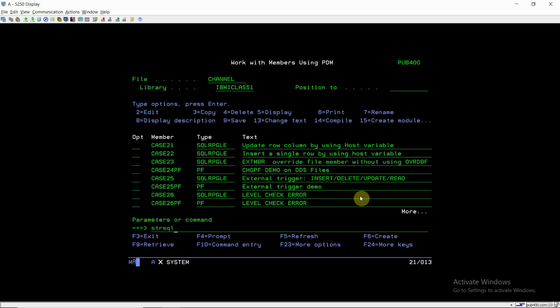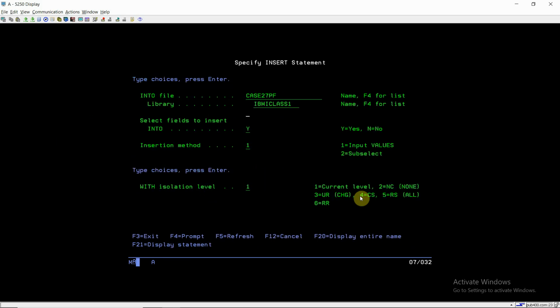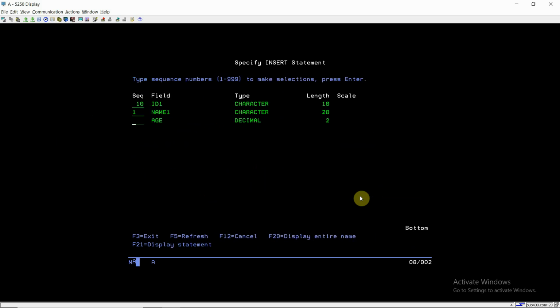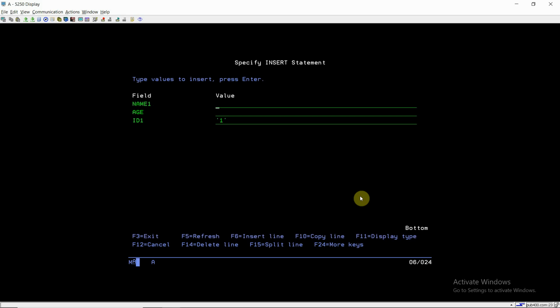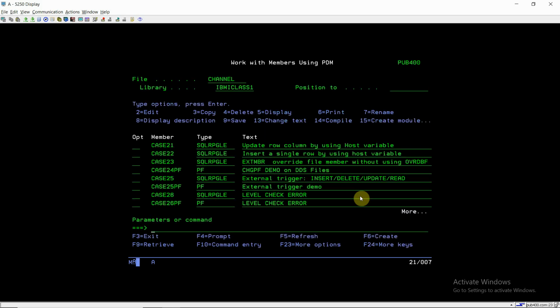So if I'm going to use STRSQL and insert, currently I'm inserting values in all the fields, for example Amit, 20, and this ID is 1. Then I run query, RUNQRY *N, on case27pf.